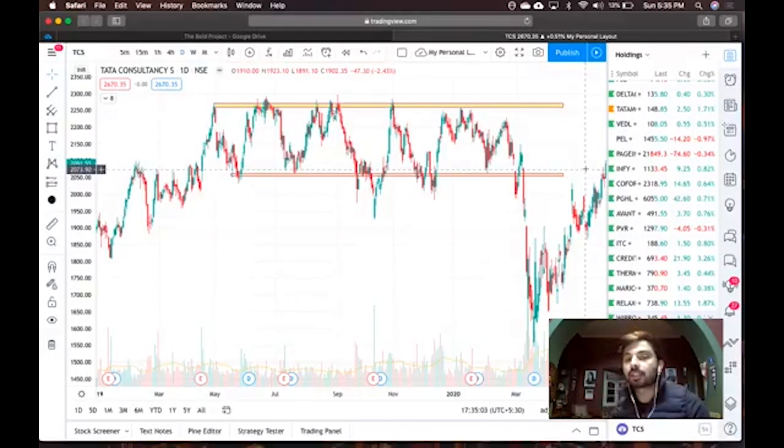The first question is, when you decide what stock to trade, what is the objective for you? For example, I want to trade TCS. Is my objective to trade TCS for the long term? Is my objective to trade for the short term, 1, 3, 4, 5 weeks? Or is my objective to trade TCS intraday, that is, to buy and sell within the same day? You have to answer that question, number one, because, if you have seen the previous videos, answering this question will lead you to decide what time frame to open to trade the chart.